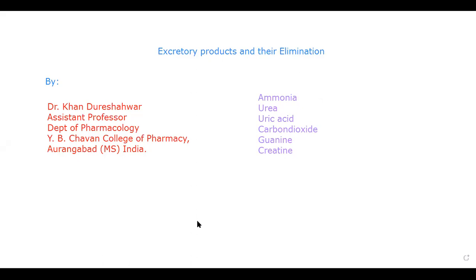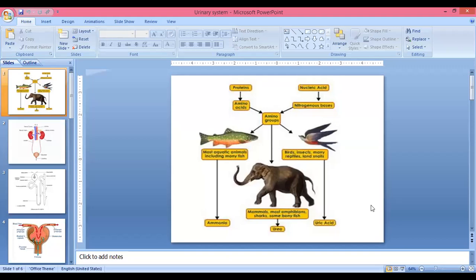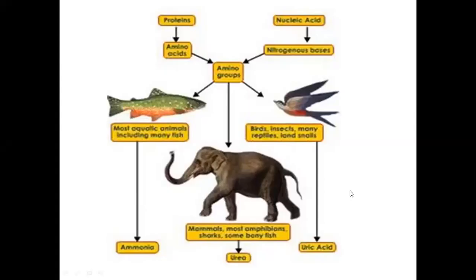differentiated on the basis of which organism excretes which one in the major amount, and this is actually deciding the mode of excretion. We'll begin with the mode of excretion with the pictorial explanation of different materials. Proteins are broken down to amino acids. Nucleic acids are broken down to nitrogenous bases. They all together form amino groups, and from the amino groups, the organisms which will be